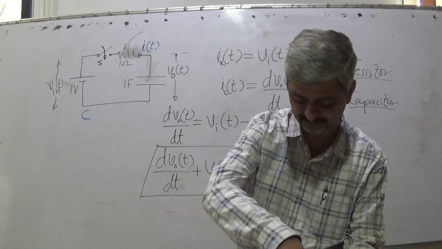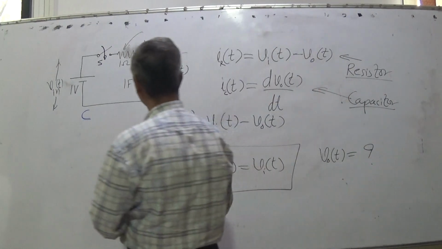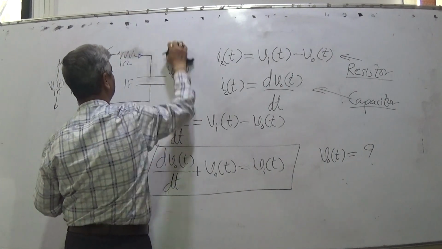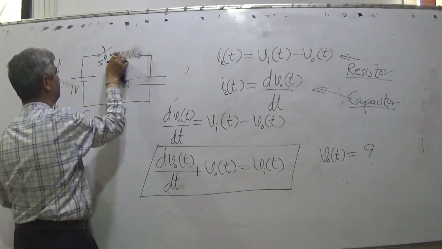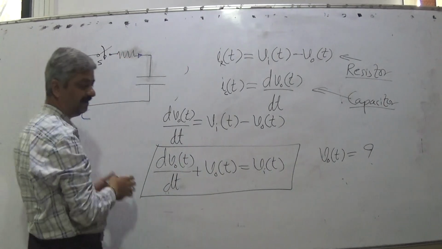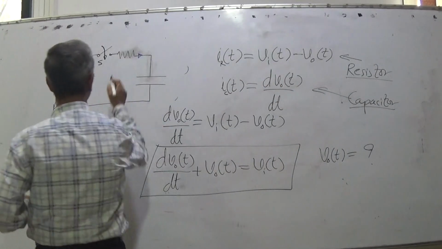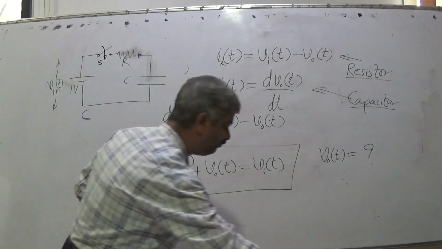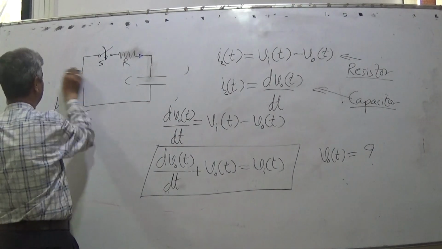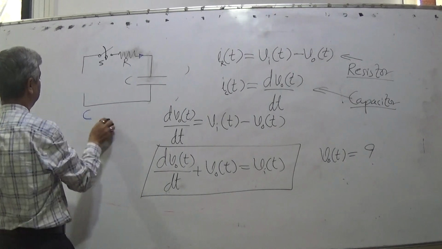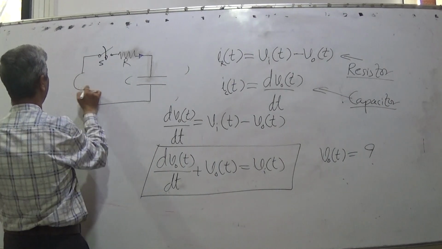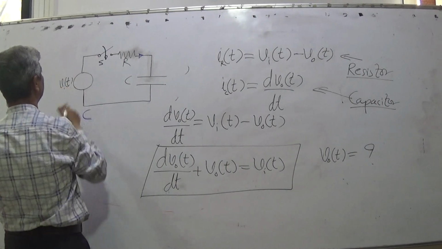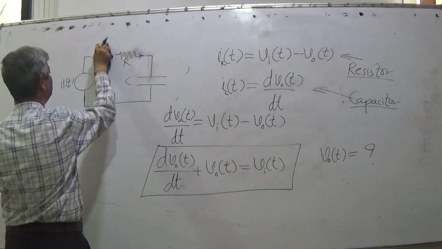So in general, we can make some small changes: the value of resistance and capacity need not be kept fixed as 1 ohm and 1 farad. So we make it R in general. Resistance is R, capacity is C, and this is V in(t). This 1 volt is also a special case, so in general we can have it as V in(t). And in that case, there is no need of a switch as such. The switch is just one way.